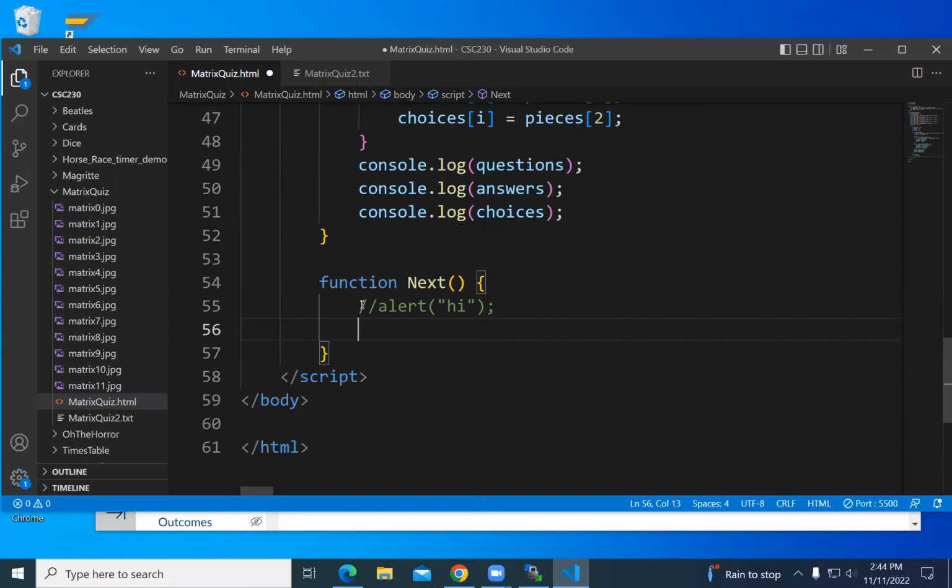1 button. All right. So if we're doing it with 1 button, then we will need occasionally to check the answer. We don't have any answers to check yet, but just remember, if we are doing this all in 1 button, then we'll have more work to do in next. Okay. So in next, we want to display